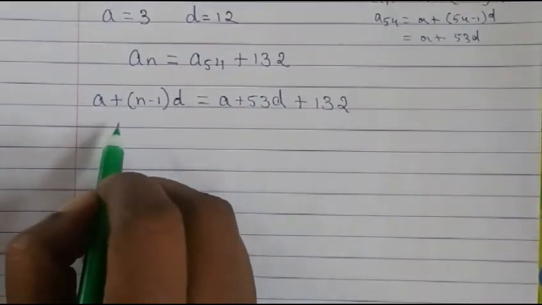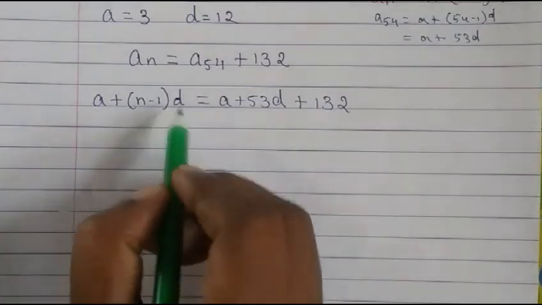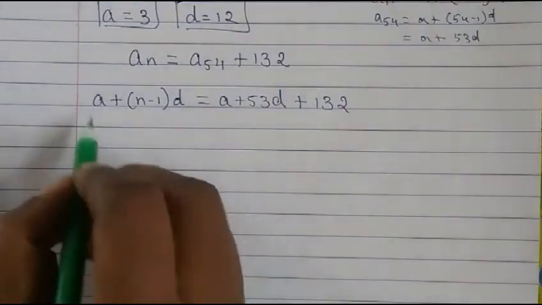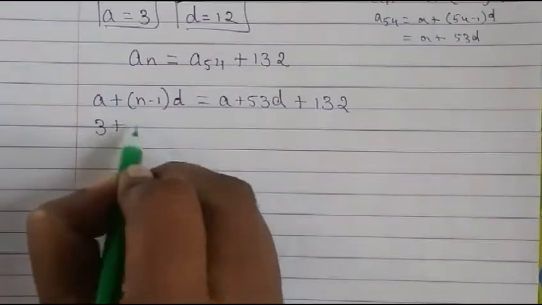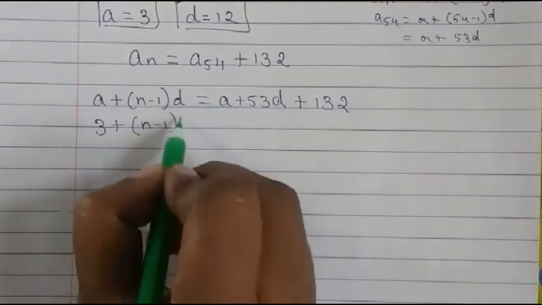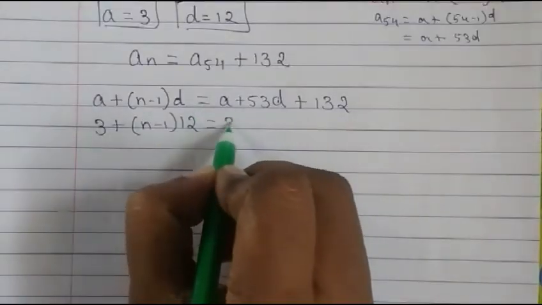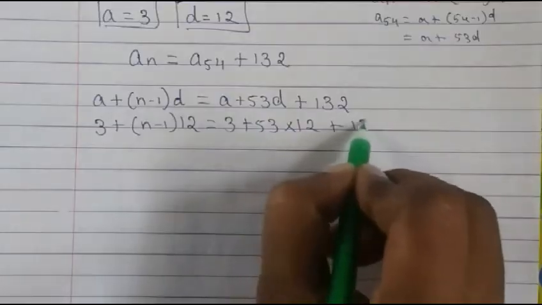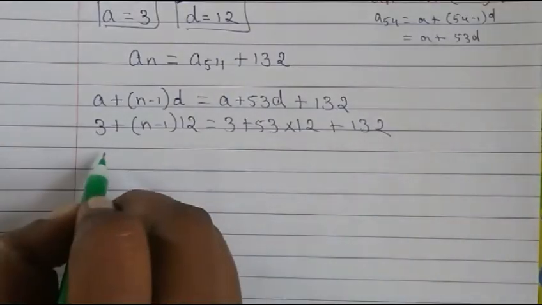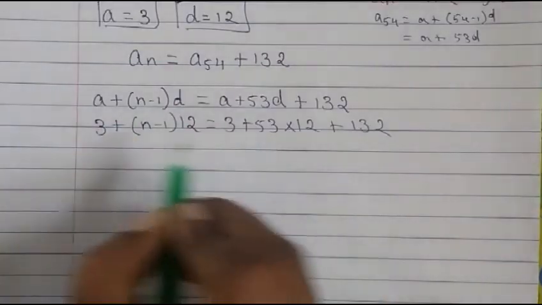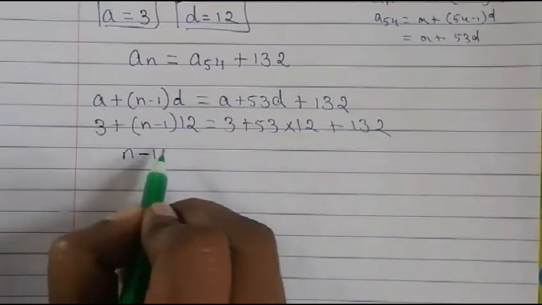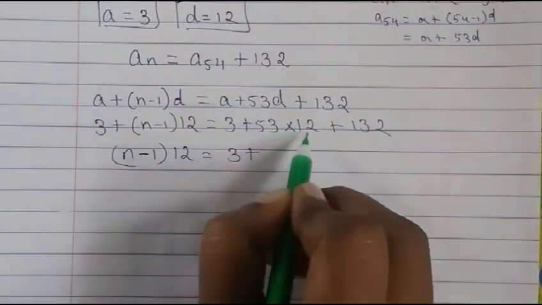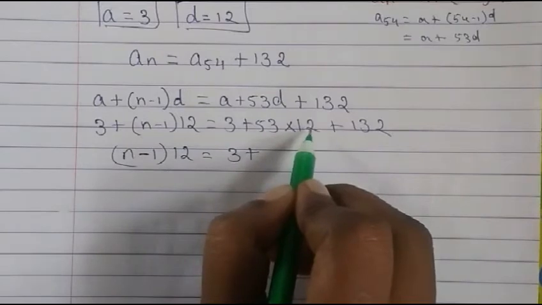So now next step: the a value we know, the d value we know, because we have the a value and the d value. So let's put it in. 3 plus n minus 1 d, we know d is 12. So a is 3 plus 53 d, 12, plus 132. Now let's bring this 3 to the other side. So we will have here n minus 1 times 12, and this is 3 plus 53 into 12 will give us,